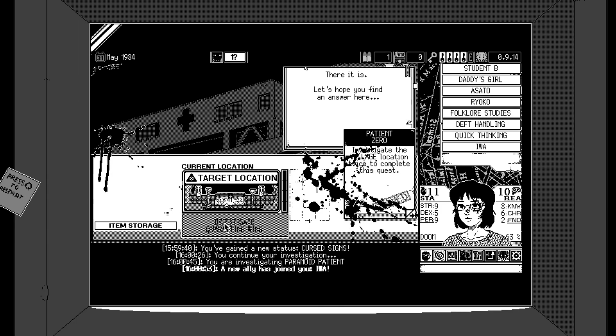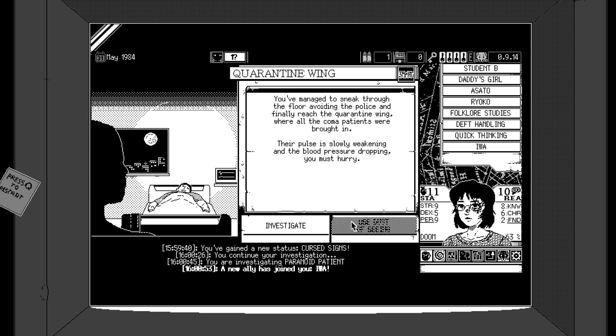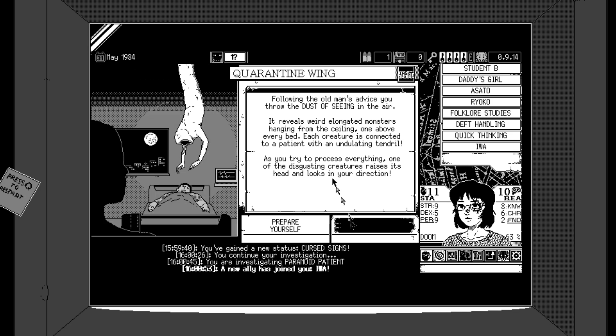Excellent! Let's get the quarantine ring. Let's hope we find the answer here. Let's use the dust of seeing. But before we do, we managed to sneak through the floor, avoiding the police, and finally reached the quarantine ring, where all the coma patients were brought in. Their pulse is slowly weakening, the blood pressure dropping. You must hurry! Following the...